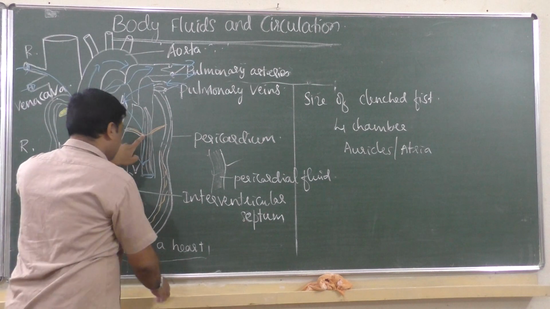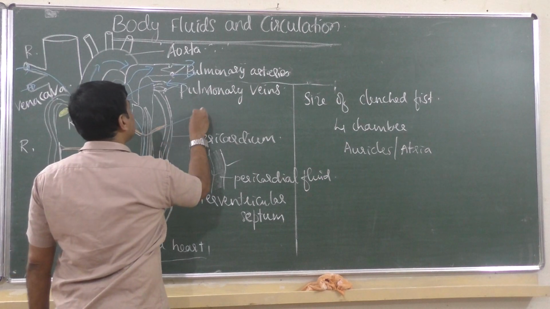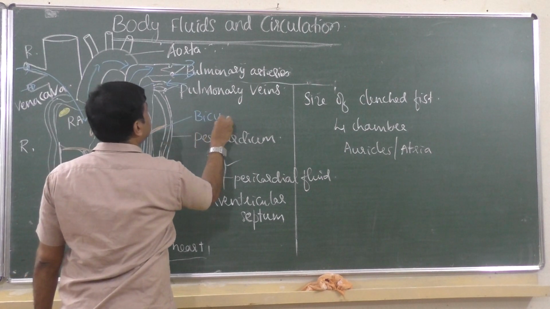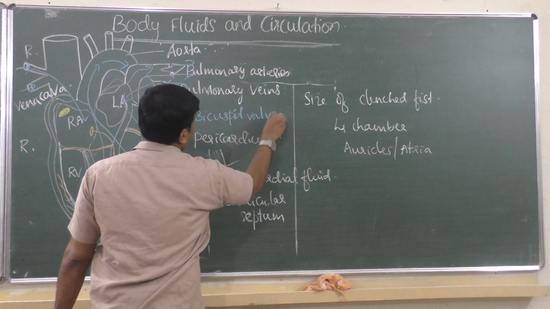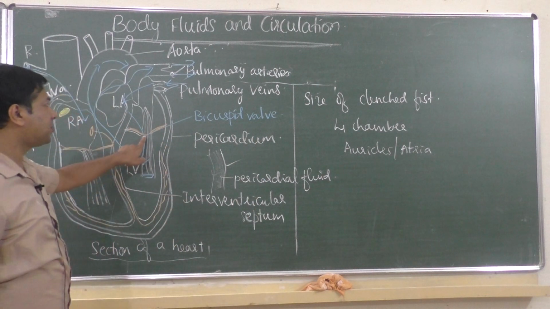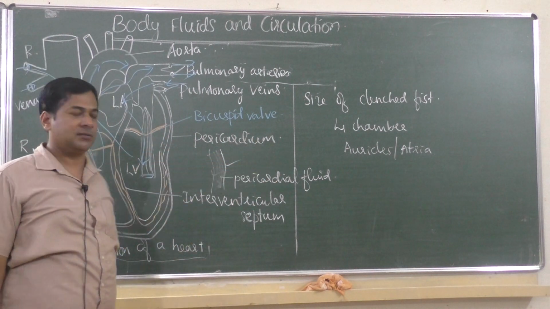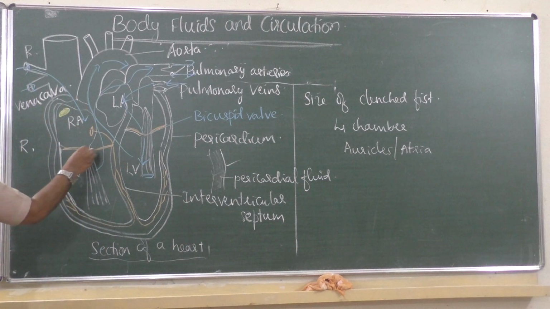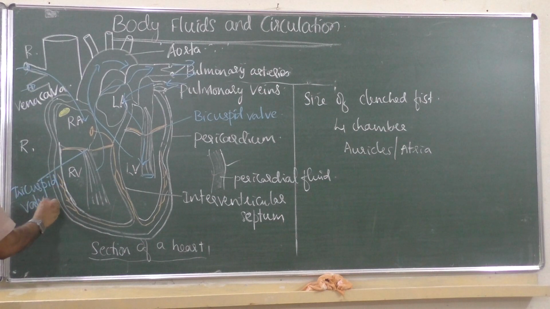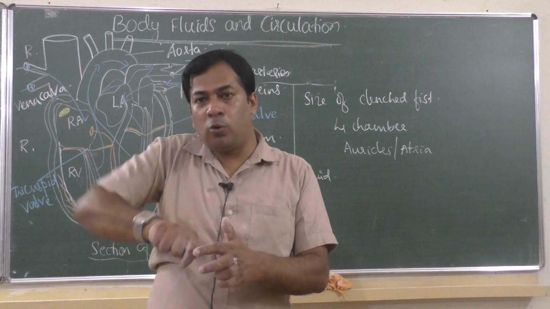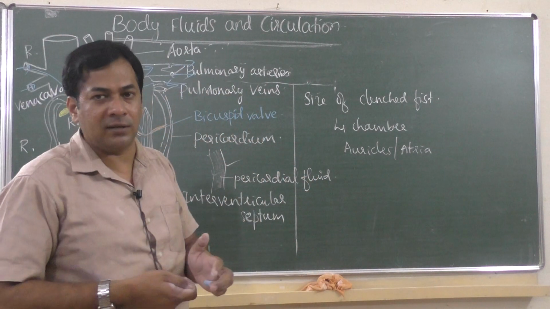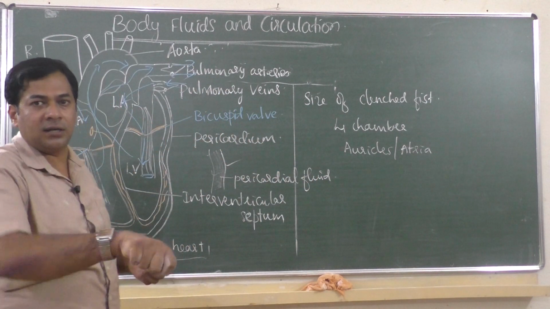Then from here it goes to the left ventricle through this valve. What is that valve called? That valve is called bicuspid valve. This is a particular name for the valve present on the left part of the heart. On the right part of the heart, that valve is called tricuspid valve. Valve means, a pipe will have a valve to open the water channel, you can turn the water channel.